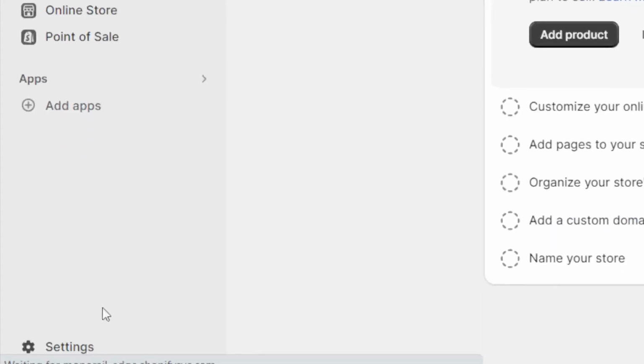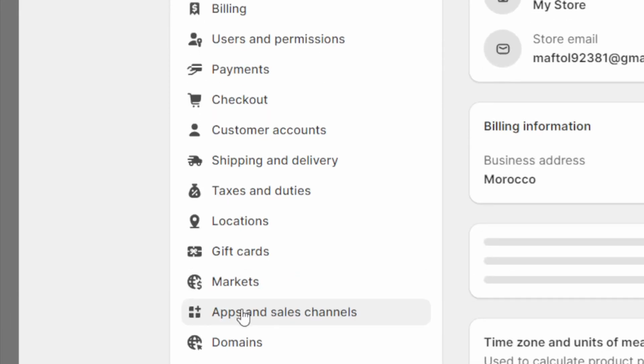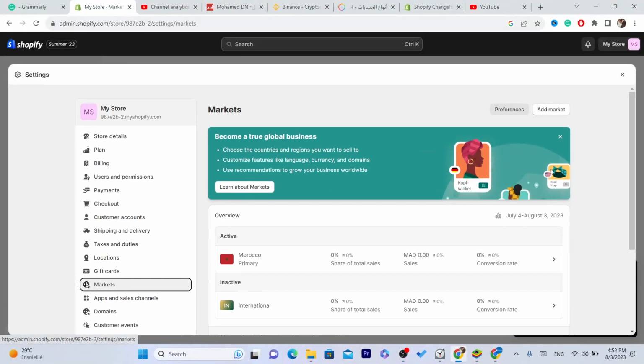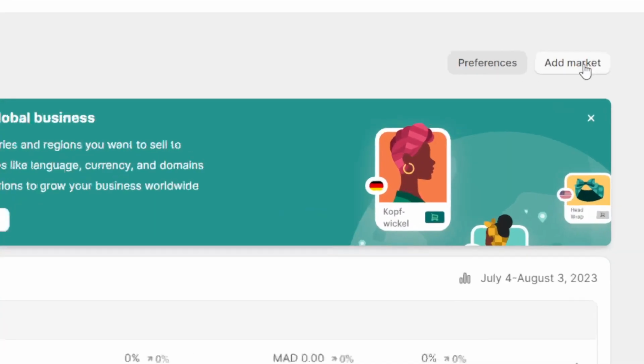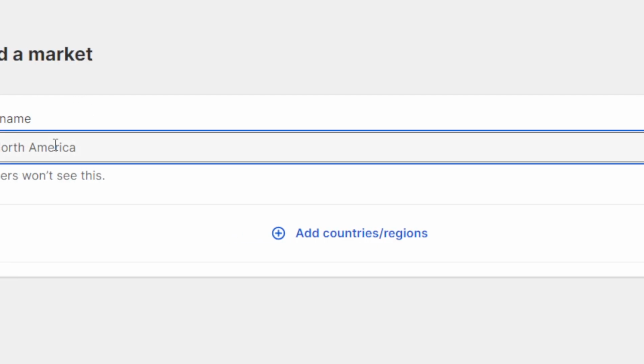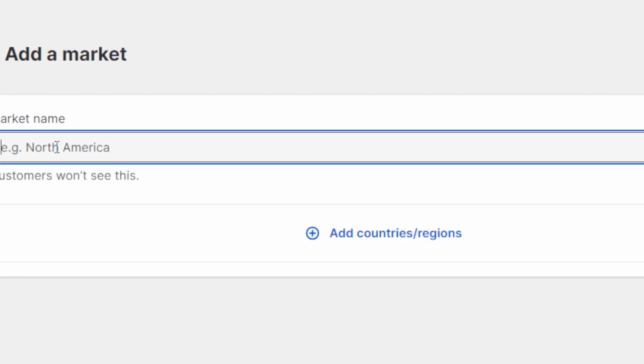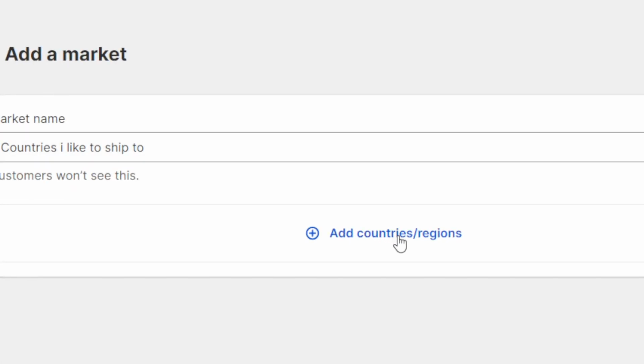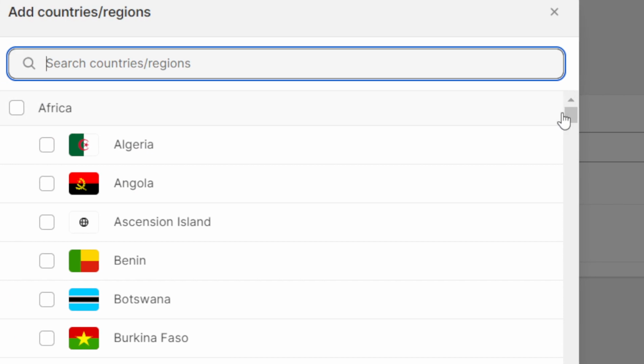Now first thing you need to do, guys, you want to click on settings and you need to click on markets. And here what you need, guys, is you need to click on add market in the top right, and here you need to name the market. For example, countries I like to ship to, and then you want to click on add countries and regions, and you need to select the countries that you